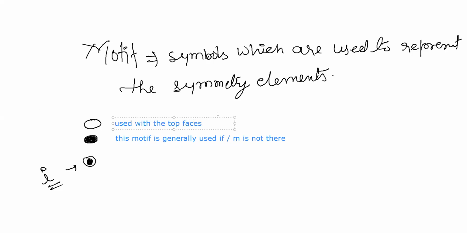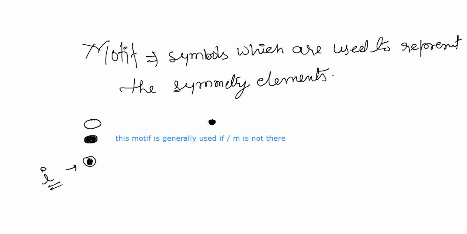Top faces means this face. That means with this respect we will be using it. All right, getting my point? With this respect it will be used.